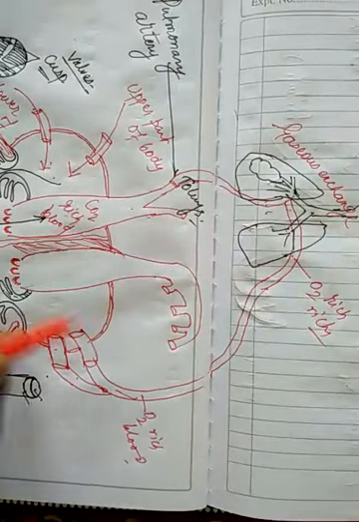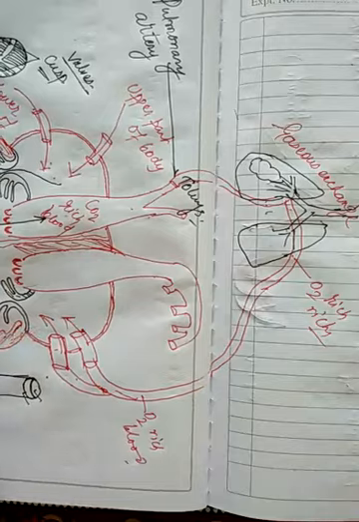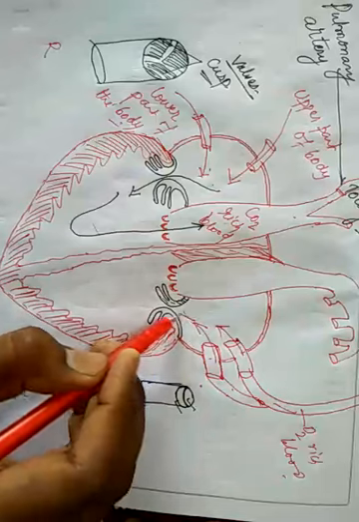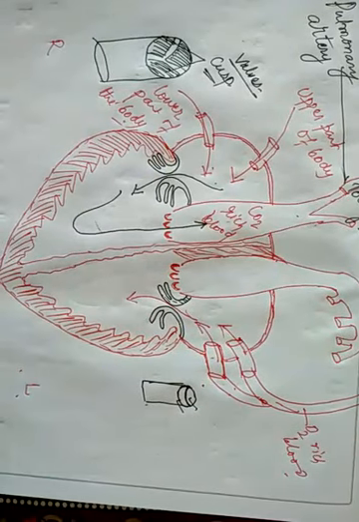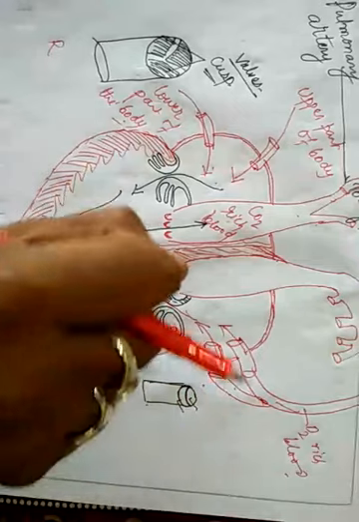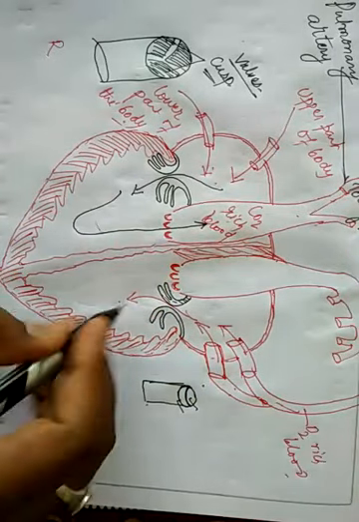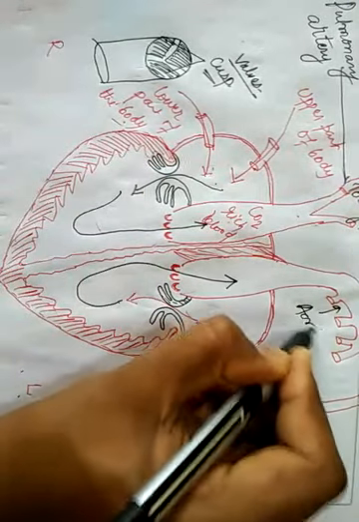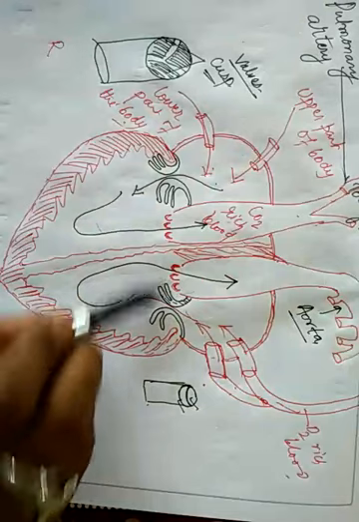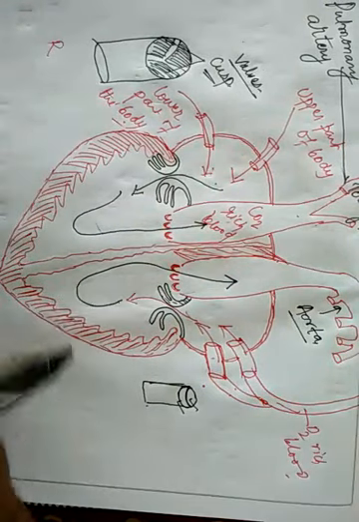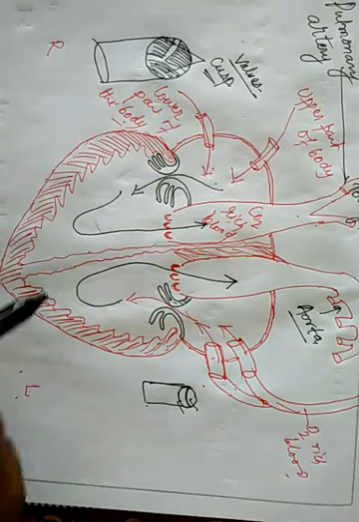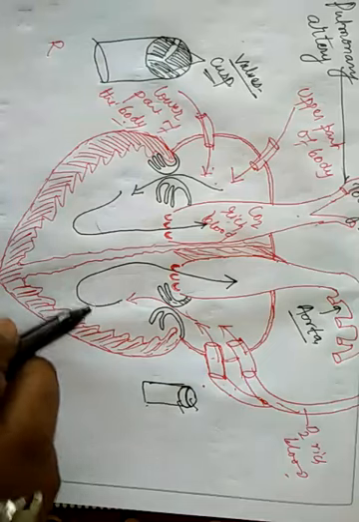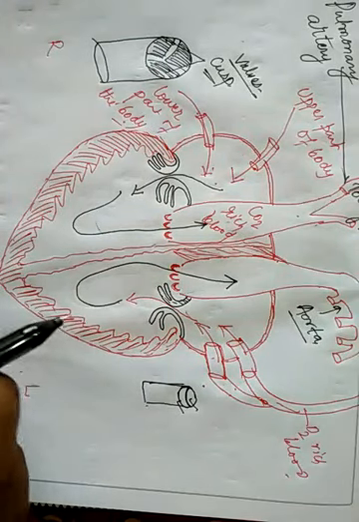And after that, you see this blood has come here, and when this auricle contracts, then this blood will come into the left ventricle and fill it, and then this left ventricle will contract, and then this blood will enter this aorta. We call it aorta. It enters the aorta through this semilunar valve, and due to the presence of the valve at different places, the backflow of the blood will be prevented.